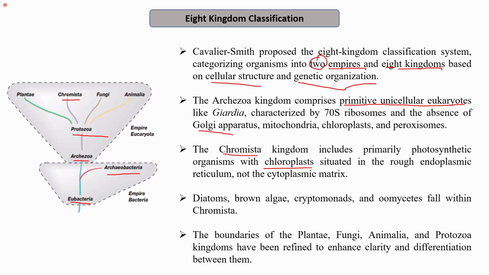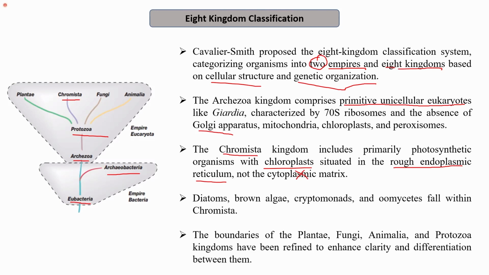But the difference is that here the chloroplast is situated in the rough endoplasmic reticulum, but not in the cytoplasmic matrix, unlike the plants, where the chloroplast is present in the cytoplasmic matrix. So this was the difference, and all the photosynthetic eukaryotes were placed into the kingdom